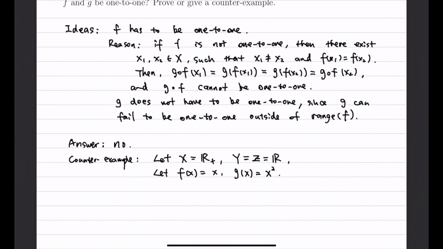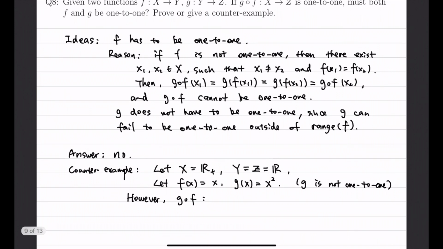So here g is apparently not 1-to-1, right? Because the square of x and the square of minus x are the same. So g is not 1-to-1. However, what is g compose f? It will be a function from X to Z, so from R plus to R,